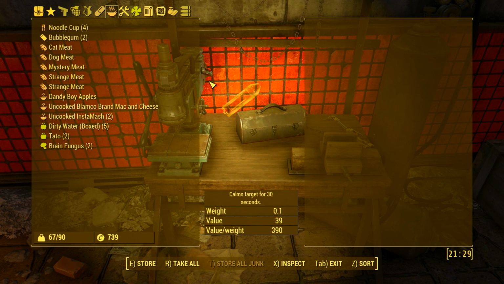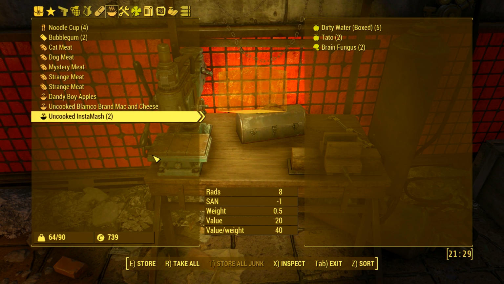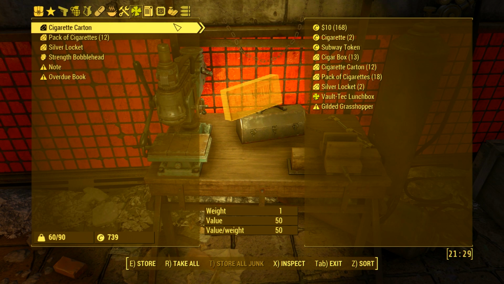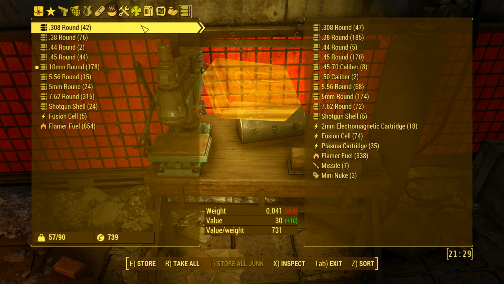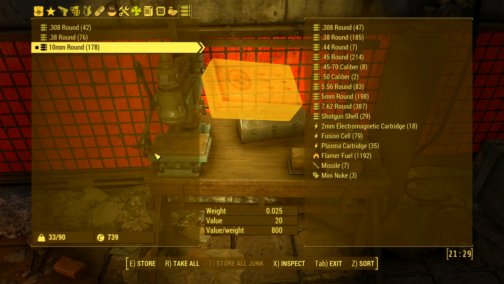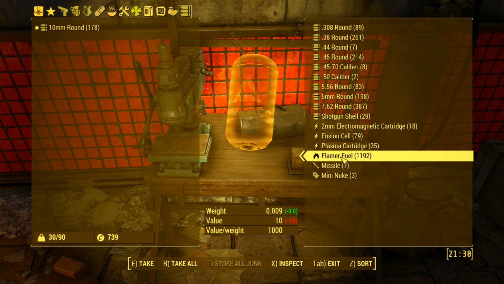So plenty of water. We have a decent amount of food now, I guess. Got a lot of valuables to sell too. We're getting a nice stockpile of stuff up here pretty soon. Once I get some great mentats, we can think about doing some heavy trading there. So we've got 1,200 flamer fuel total here. That's plenty to do some serious ghoul burning